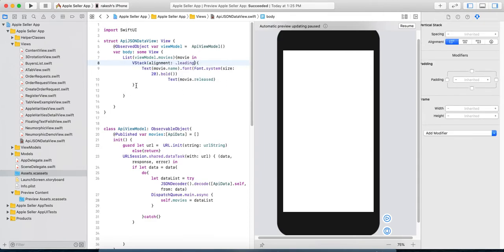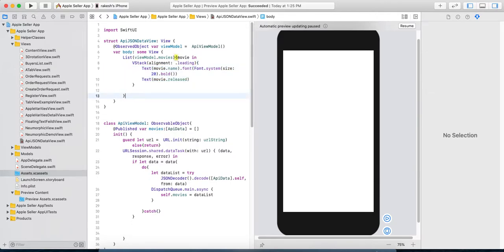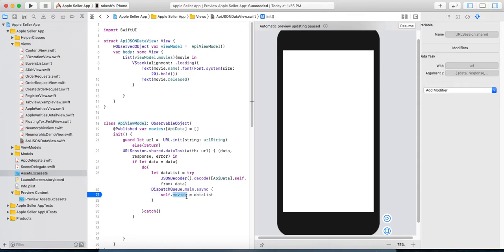So now we have all set. Whenever the data comes from this view model, it will be called here, and whenever it is called, the UI will automatically update.